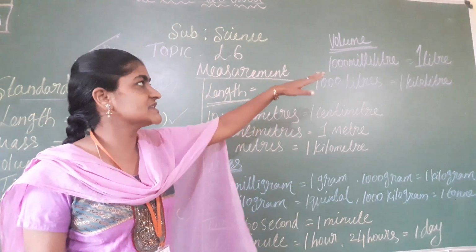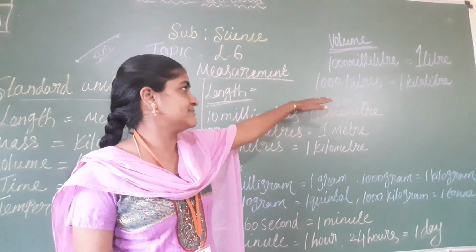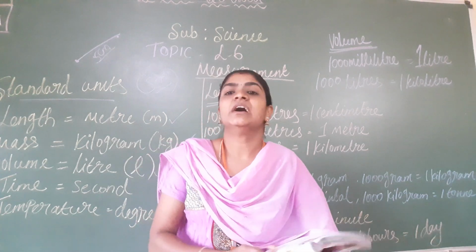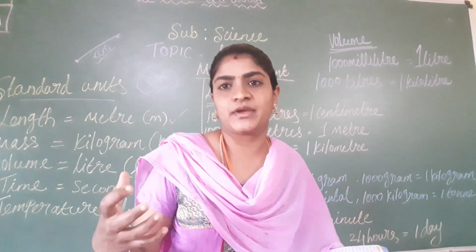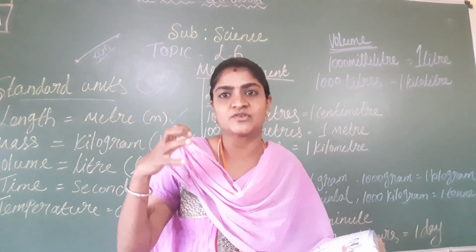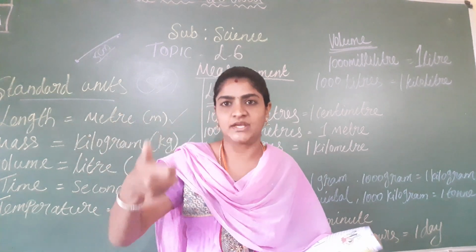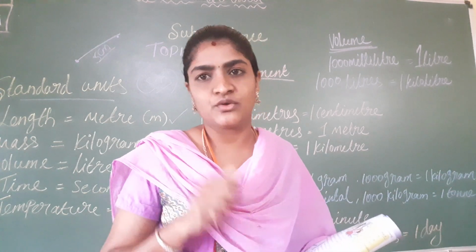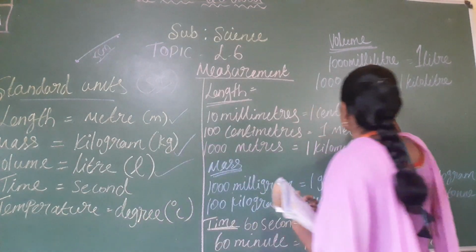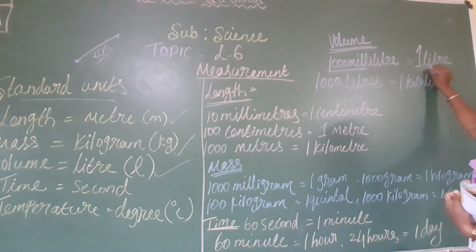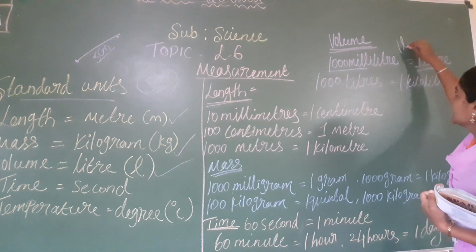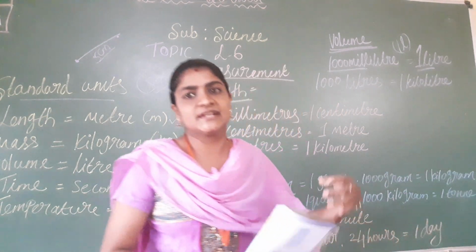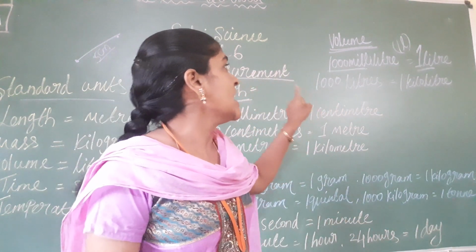And next one is volume. So volume I am going to explain. This 1000 milliliter equals 1 liter. For example, when you get a water bottle, or whenever your mother purchases an oil bottle or oil packet, sunflower oil, groundnut oil, whatever it is, on the backside cover you can see they have mentioned like this. Okay, 1000 milliliters. In brackets they have mentioned 1 liter. So that indicates 1000 milliliter equals 1 liter.